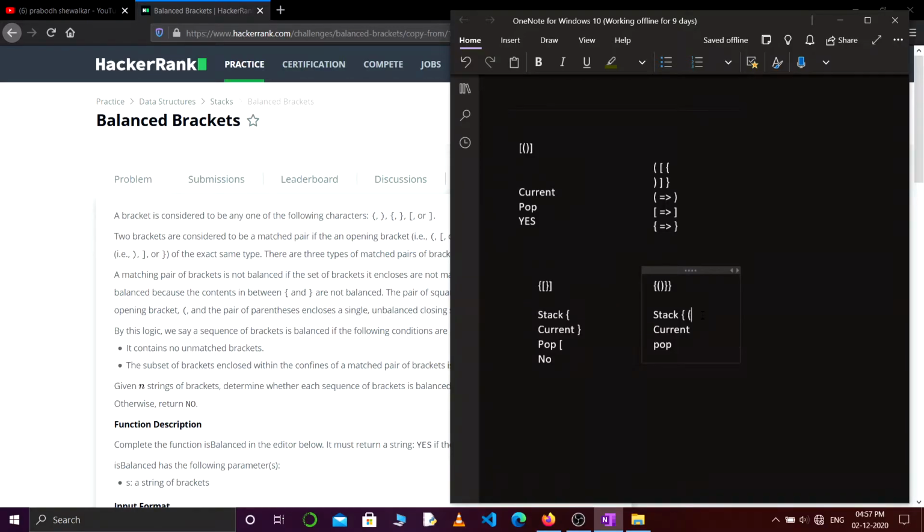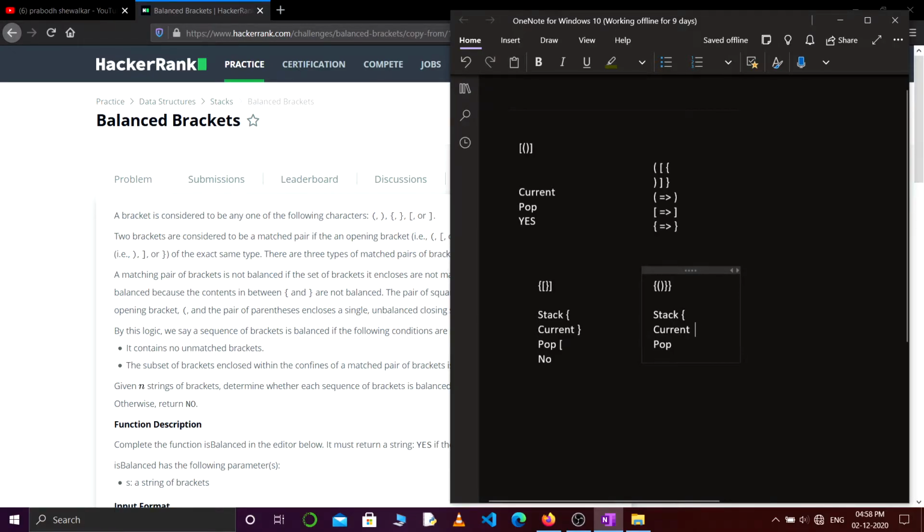Then again we'll push into our stack. Then our current element is a closing bracket, so we will pop from the stack. The current element corresponds to the popped element, so no problem.